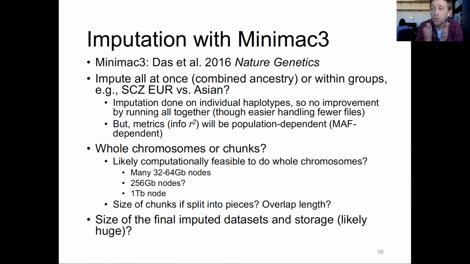Also, can we impute whole chromosomes, or should we chunk it? I know that there are some higher memory nodes that we might be able to access. I'm not sure if that's possible computationally, but it would certainly be easier. So, first thing, we had the discussion last time that in general,